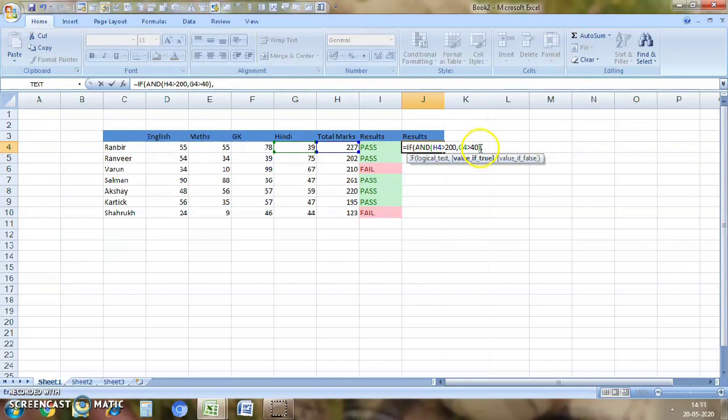I have to close the bracket, then only the value if true will come, because this was the AND one. So we come again to the IF one. The value if true will be pass, so we have to do double quotes, comma, pass, and then we'll close the bracket, and then the value if false will be fail.